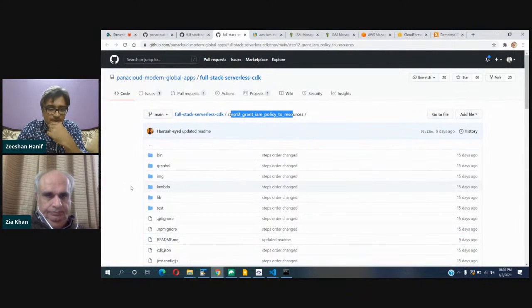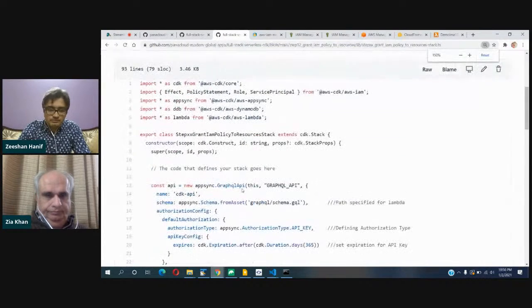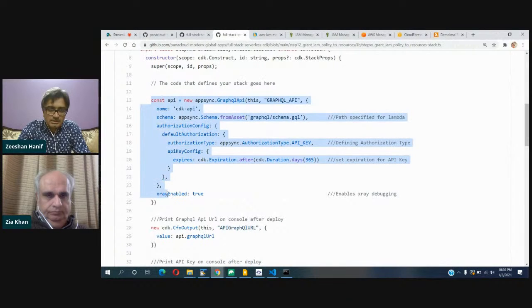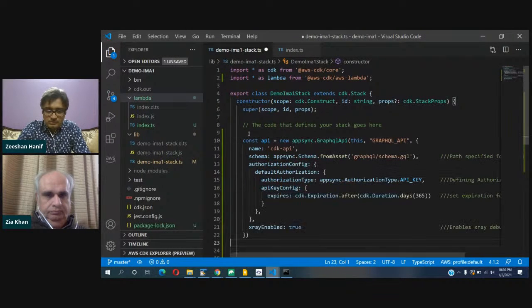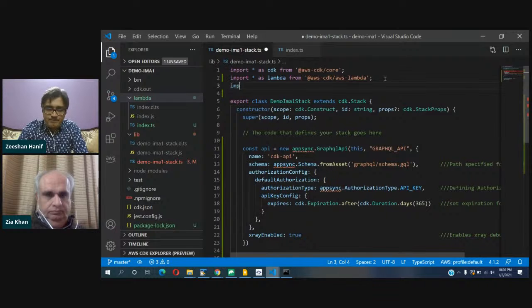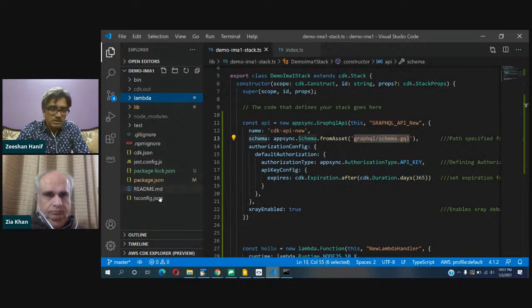So let's keep state sync. So you can name it anything. Let's say GraphQL API underscore new, whatever name you want to give. It should have a schema. So let me create this schema folder, GraphQL,